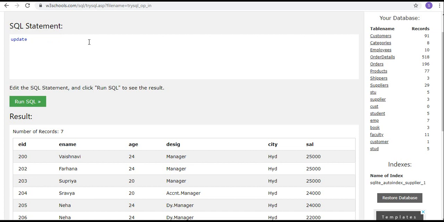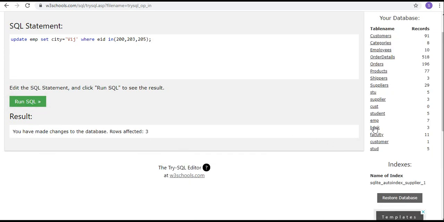Update EMP, update table name, set city equal to Vij, where EID in 200, 203, 205. Just check it out. 3 records are updated.